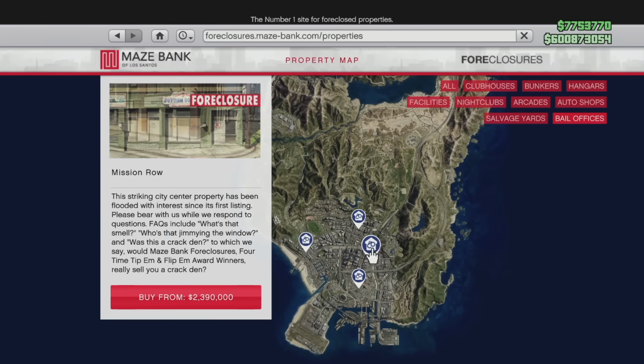$2,620,000. Our next spot is Mission Row, saying this striking city center property has been flooded with interest since its first listing. Please bear with us while we respond to questions. FAQs include, what's that smell? Who's that Jimmy in the window? And was this a crack den? To which we say, would Maze Bank Foreclosures' 4-time Tip 'em and Flip 'em award winners really sell you a crack den? This one can be purchased for